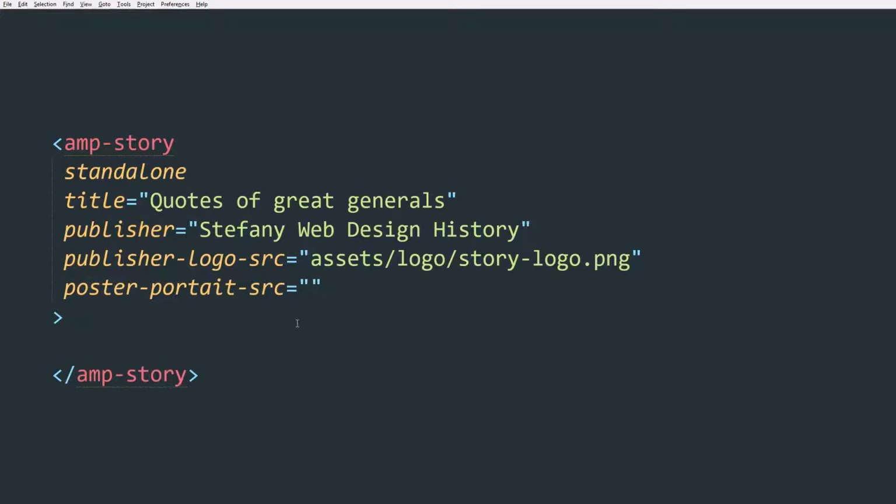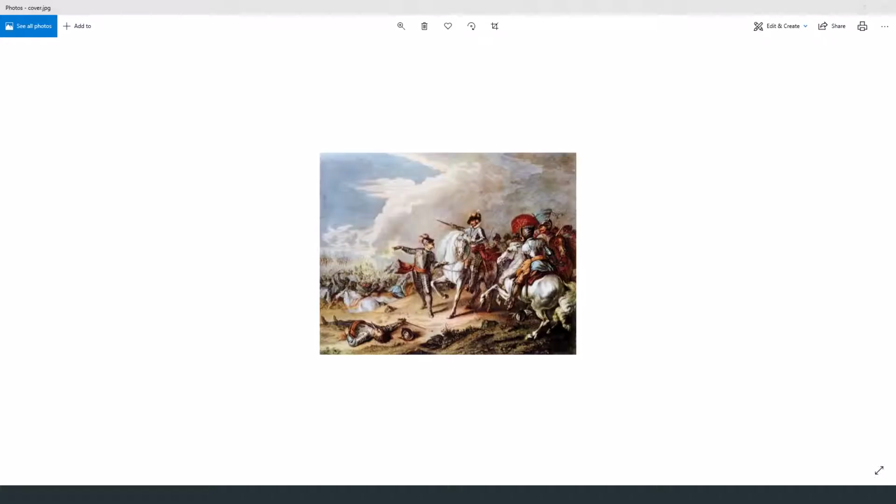And usually posters are just cover images of the story, but make sure you include them because first it's mandatory, and second of all, you never know what kind of phone the user has or what kind of connection they have. So I'm just going to include my cover image as a poster. Let me show you my cover image. This is the first image that's going to appear on my AMP story, so I'm going to use it as a poster as well. So while the user is loading the AMP story, they're going to see this image